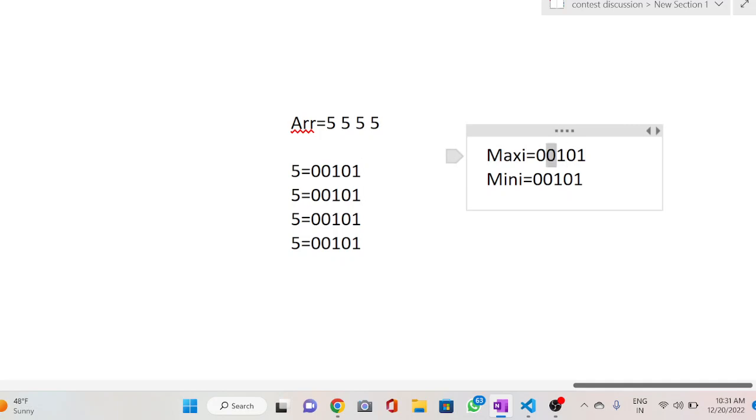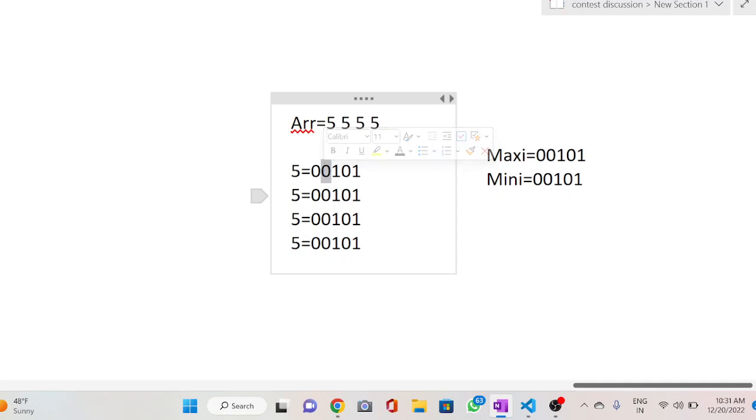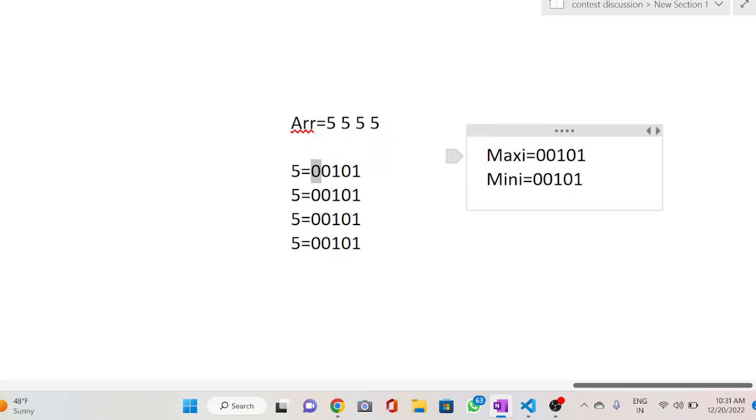Now if you choose this 0, we'll try to choose a number which contains 1 at this position. You can see no element contains 1 at this position, so this 0 will also remain the same, and the same goes for these bits.